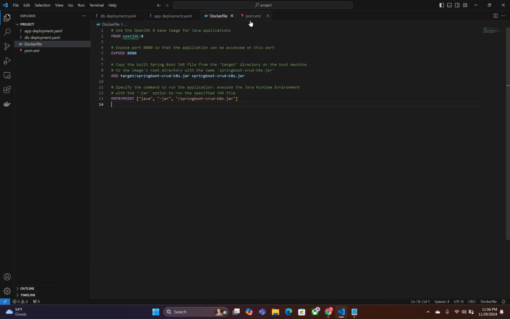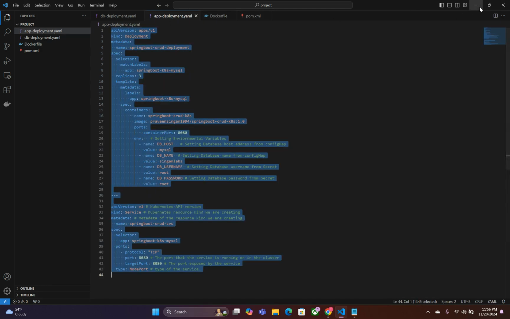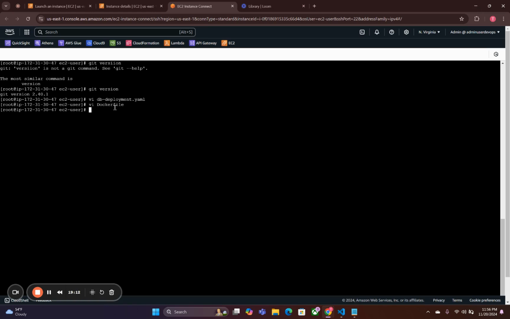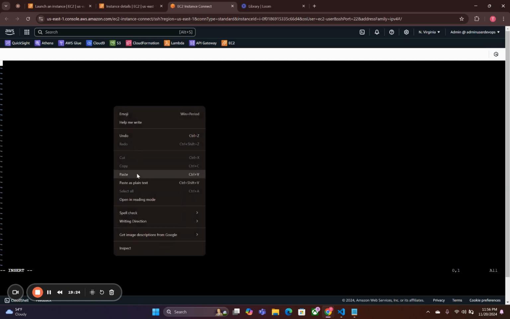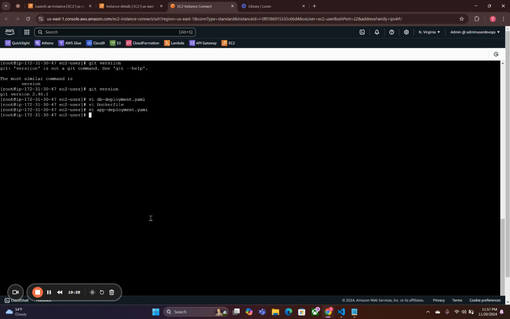And then next, we can do the app-deployment.yaml. I for insert, and paste that. And the last file,